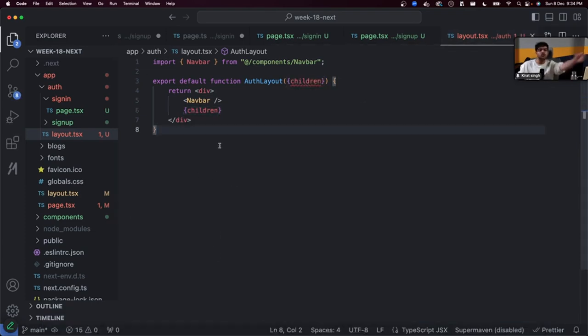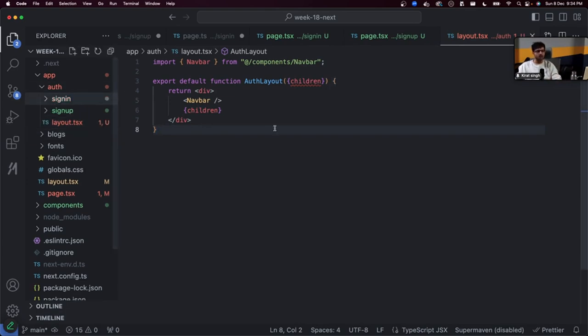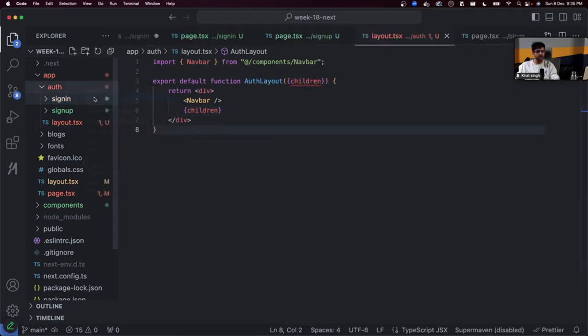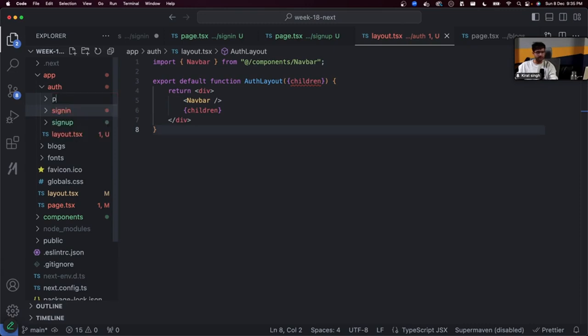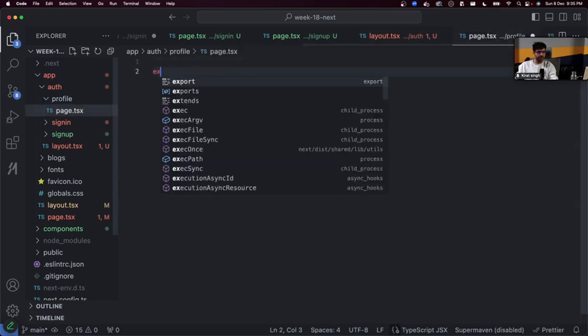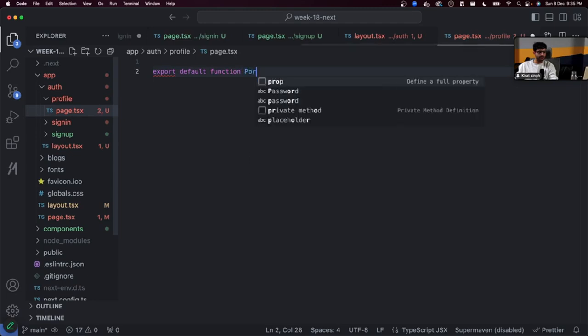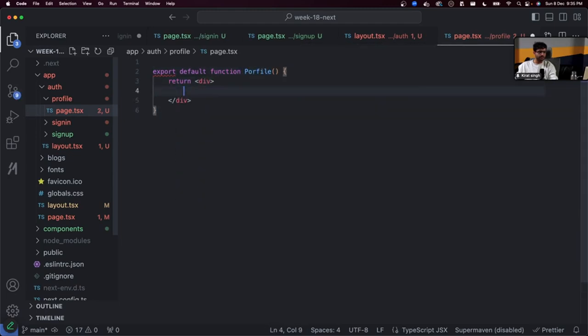I have given a layout to all my authentication pages. All of these pages will have a nav bar at the top and then render their actual content. So now if I go here, I still see the nav bar in both the places. If I add a third page over here, profile,